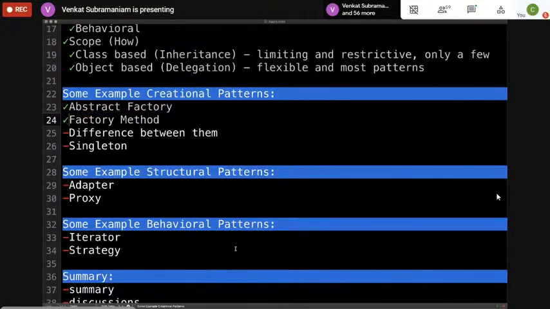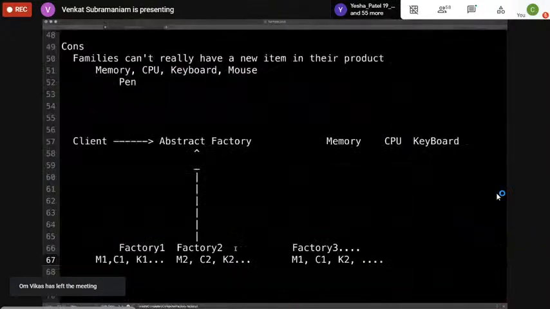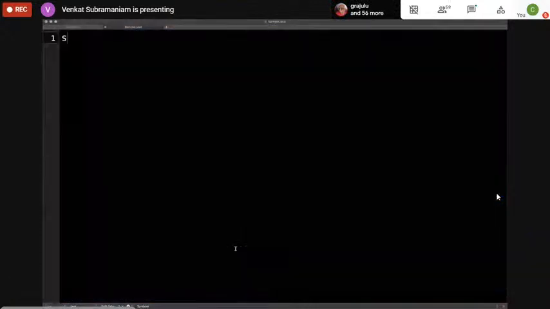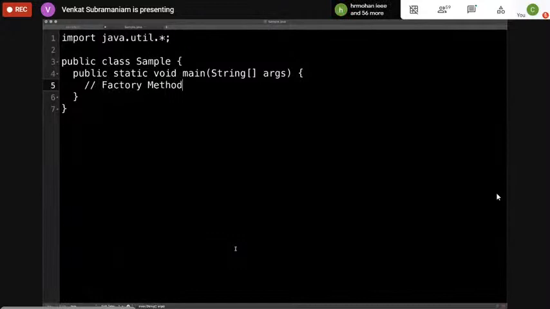Now, here's what's really confusing. We see abstract factory, but then we see factory method. I'm going to talk about how we know the difference between them. So what is the factory method? Well, I want to, first of all, tear this apart a little bit. I want you to look at the word factory and the word method. I think we know what the word factory is right now.